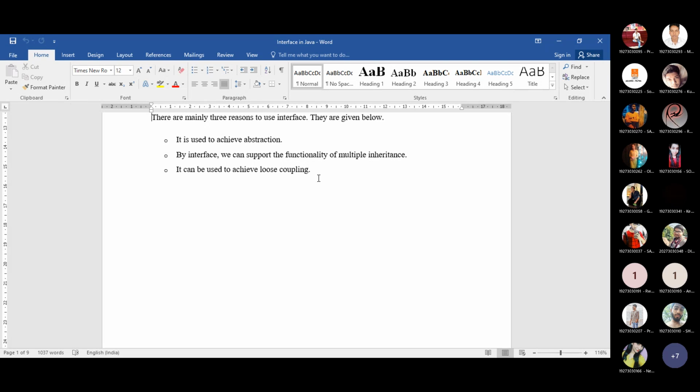If there is an interaction between any two modules, then that degree is known as coupling. And there is one related term regarding coupling, known as cohesion. Cohesion means the degree of interaction inside a module.